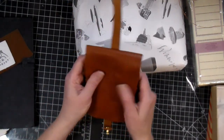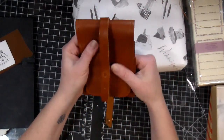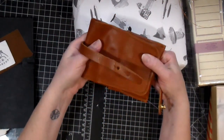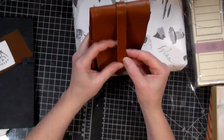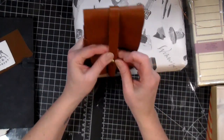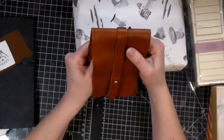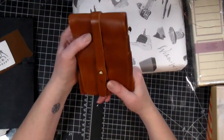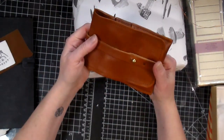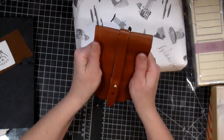So yeah, I really wanted one of these. It's gorgeous. I love the color choice I did. I chose the brown, and yeah, it's just beautiful. And I went with 26 Market because it's a company based in Canada, and this pouch was less expensive than it was elsewhere. It was $103, but if you're a new customer, and that's a lot of money,